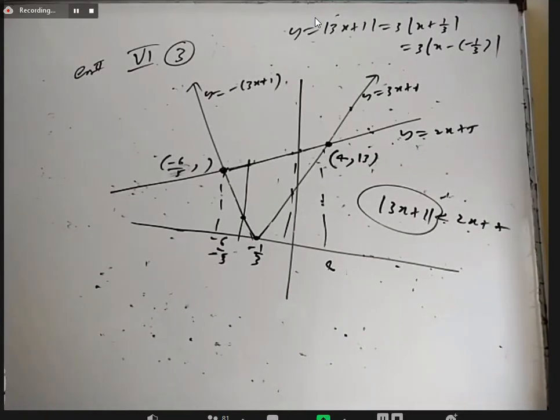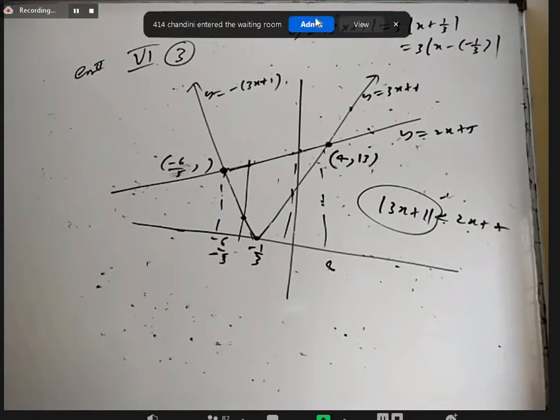Okay, next I'm going to discuss exercise 3, which is about quadratic equations and inequalities. Beginning questions are somewhat easy, so I'm not going to discuss much theory. I'm going to just straight away do the questions.